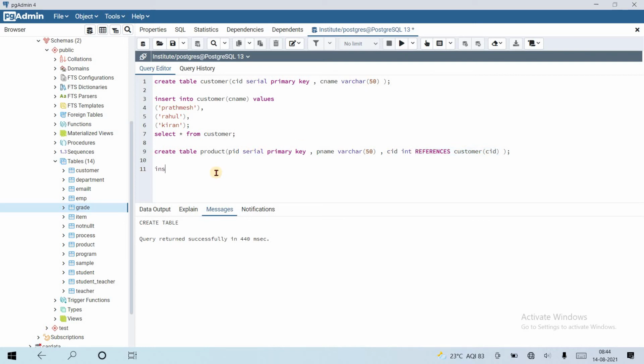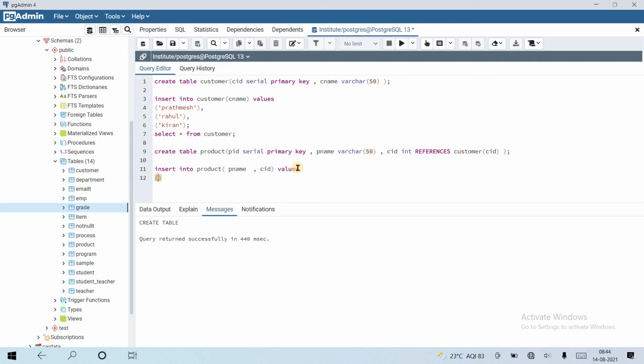Let's insert some values into it. Insert into product values. No need to insert product ID because it is a serial data type, so product name and CID.